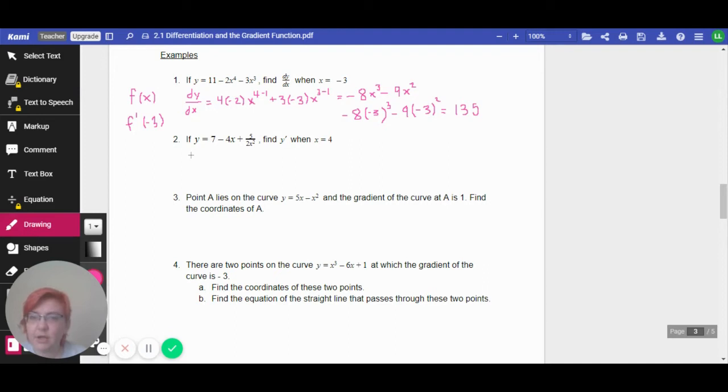Okay, so y prime is going to equal, 7 is a constant, and we know that's going to end up being multiplied by 0 if we do anything with it, so it's just gone. And here is 1 times a, which is -4, x to the n minus 1,